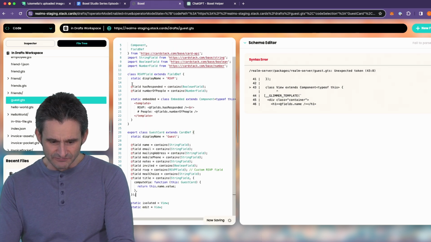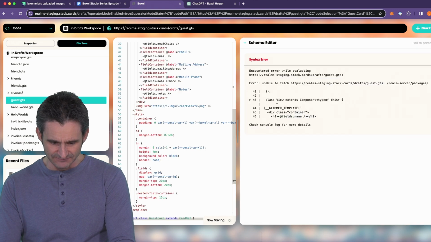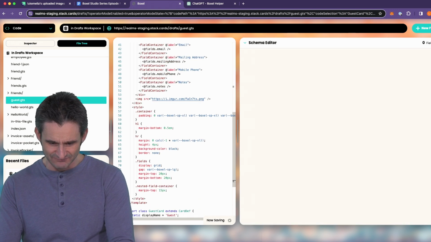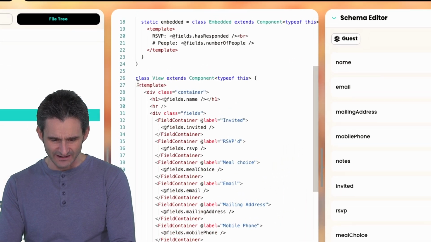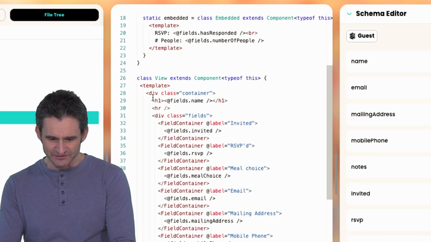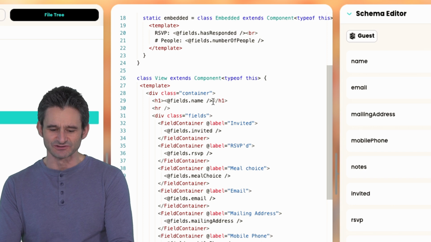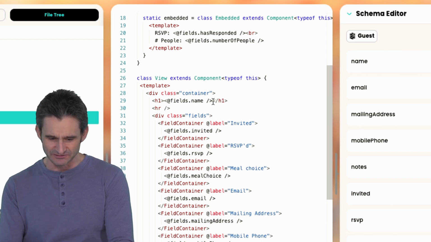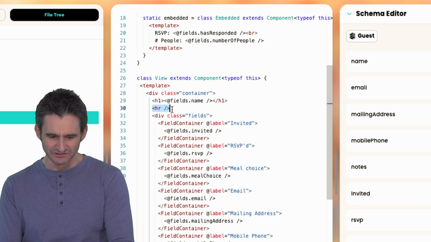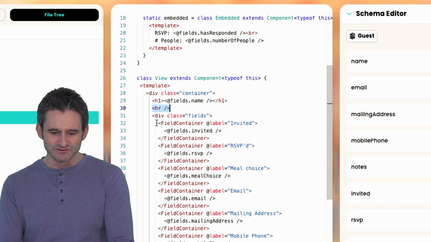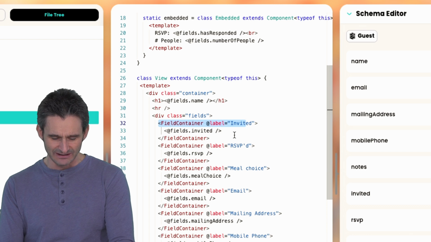And I'll take you through this template briefly so we can just see what's in it. So what we're saying here is we've got this template. We have container. There's an H1 with a name field. So in this case, Chris C, right? Put your name in there. And then there's a fields div, a horizontal rule, and then a fields div. And then we're using this field container